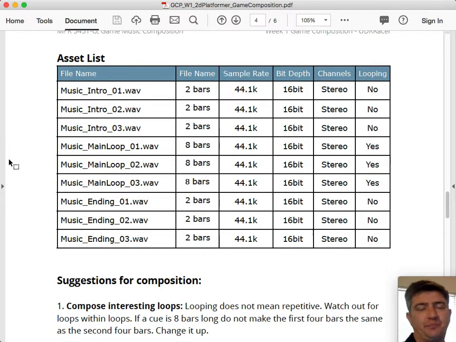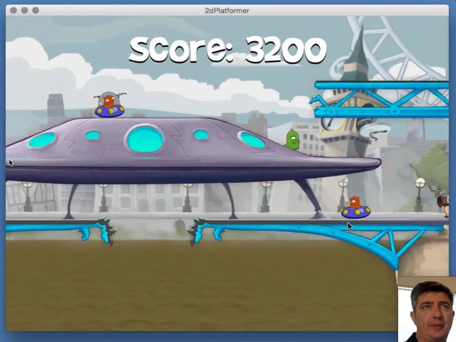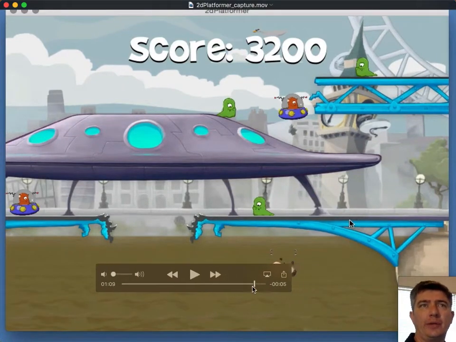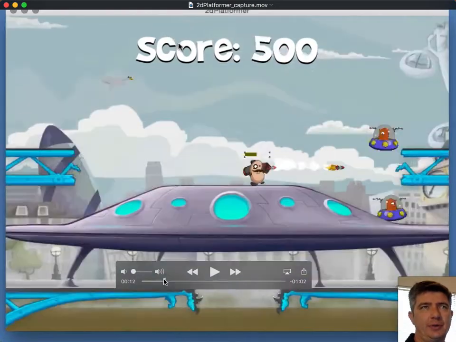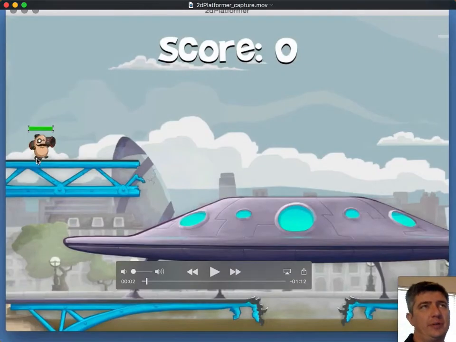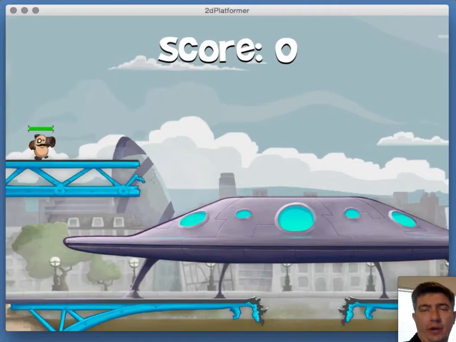So let's do this. Let's go back to my gameplay here. When the game starts, your character kind of drops onto the platform here, and the game will randomly choose one of those 3 intro files and play it through the entire 2 bars. So the game starts, and the game says, okay, what do I do?